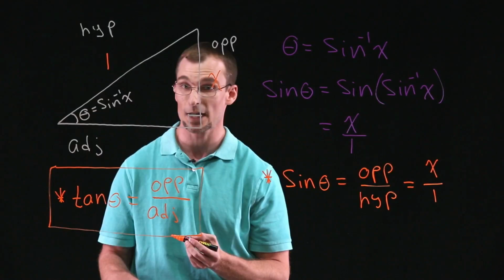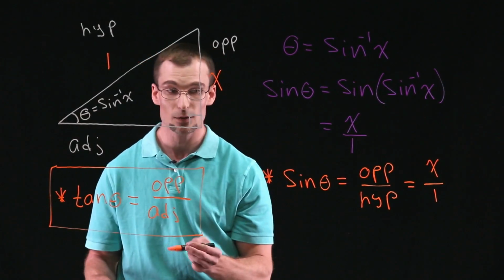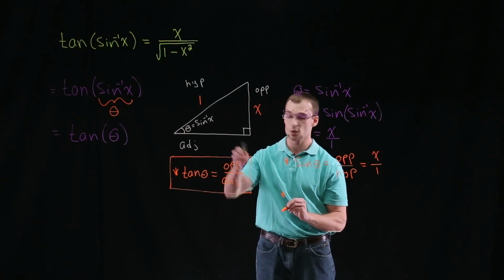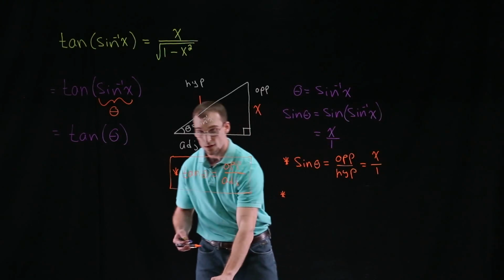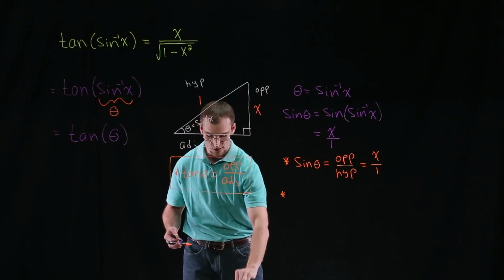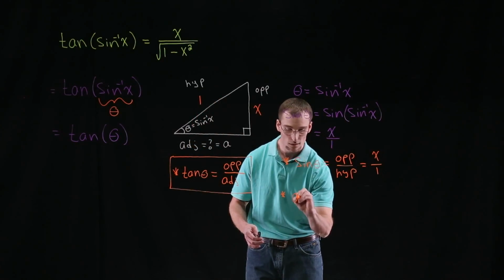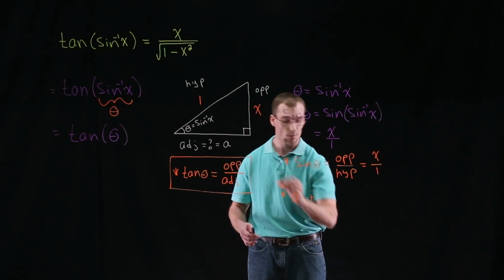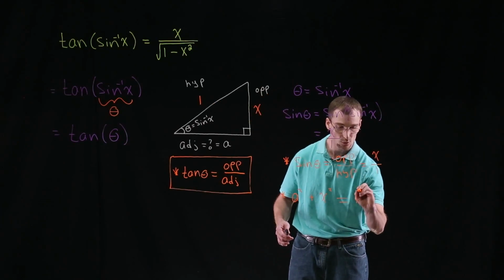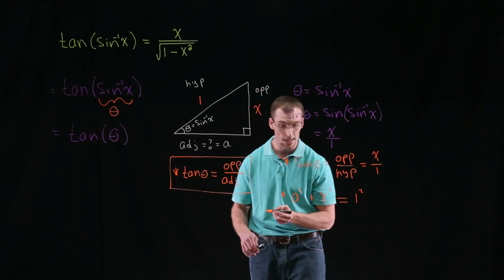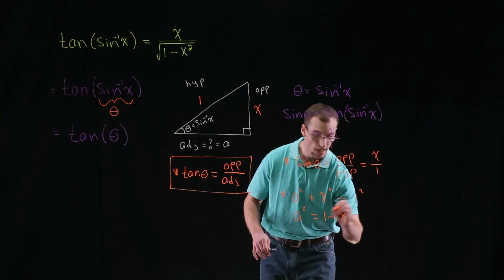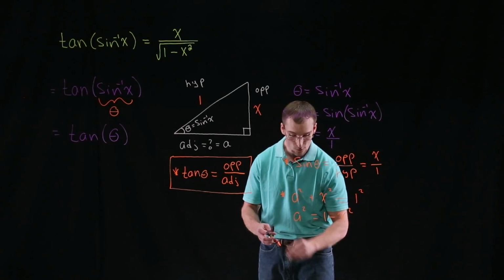Well, we've done this before with basic algebra and geometry. We have two sides of a right triangle, so we can just use our Pythagorean theorem, namely the sum of the square of the two sides, which right now, let's just call this adjacent side a. We have that a squared plus the sum of the square of the other side, x squared, is equal to the hypotenuse, 1 squared. And we can solve for our adjacent side a. So we get that a squared is equal to 1 minus x squared, and taking square roots of both sides,